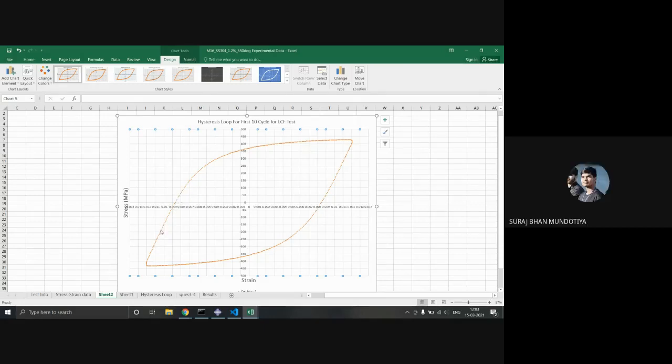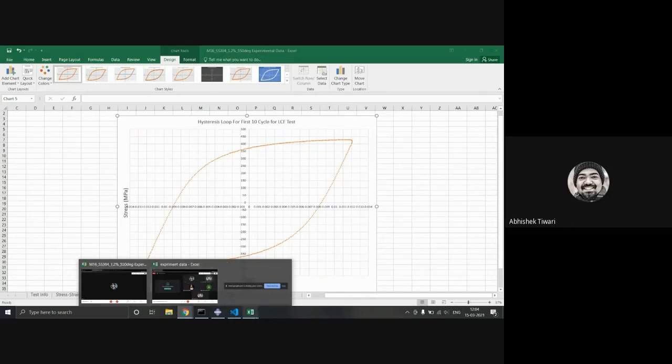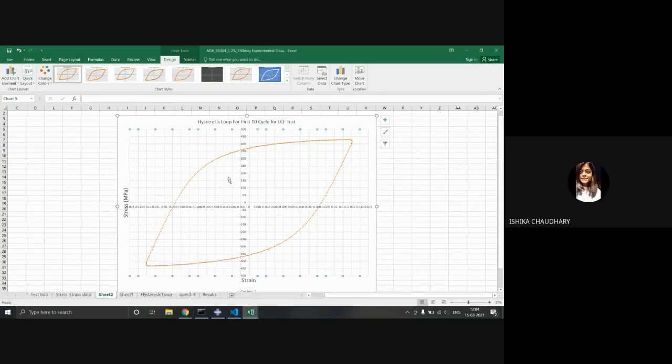Sir, but are we supposed to do it for all the cycles? No, did I say all the cycles, or 10 cycles? Only 10 cycles. Yes, okay, sir. Sorry, sir. There are more than 10 cycles for elastic modulus, I believe there are 40 cycles or so. Yes, sir. So what is difficult? No, sir, I got confused between elastic modulus and yield. It's okay. Sir, also elastic modulus has to be calculated for 40 cycles, taking the linear part of each?